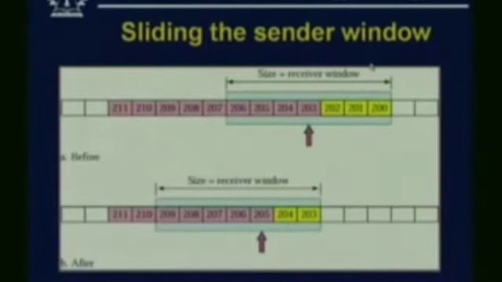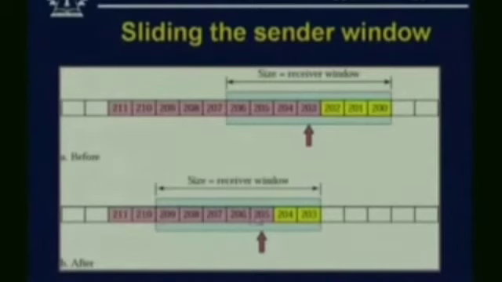So after some time, the sender will realize that the acknowledgement for 205 has not come. So he will start sending 205, 6, 7, 8, 9 again. As soon as the missing 205 actually arrives, this gap is closed, and the window will slide all the way here, and he will say that the next byte that is expected is 210. And then 206, 7, 8, 9 now become duplicated segments on the receiver side,